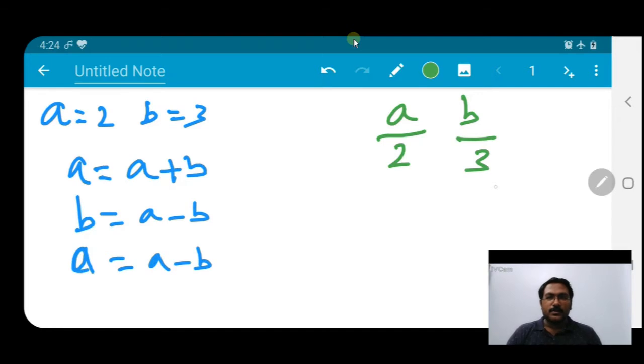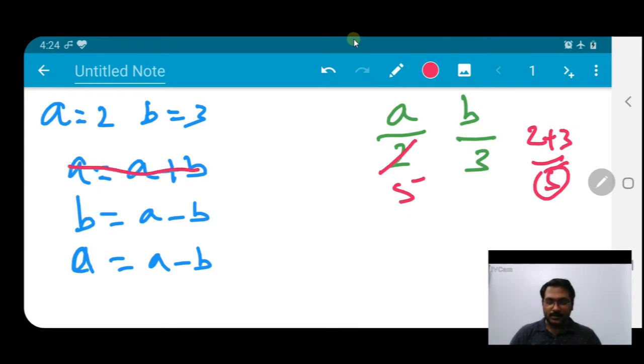Now step number 1. A is equal to A plus B. That means the sum of A plus B will be stored again in A. What is the value of A? It's 2 and the value of B is 3. So the sum 2 plus 3 is 5. The 5 will be stored in A. So the value 2 is gone. Now the actual value is 5. So step number 1 is done.